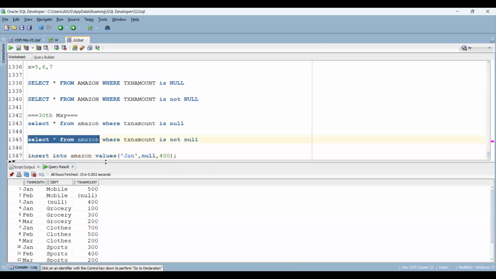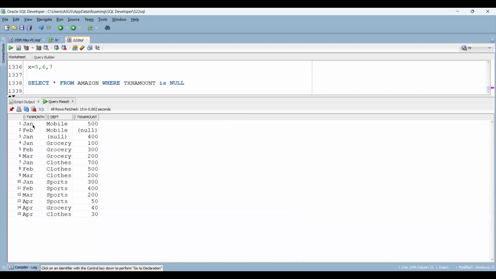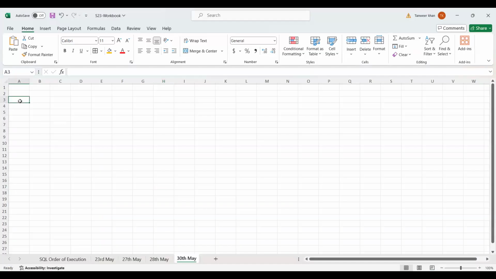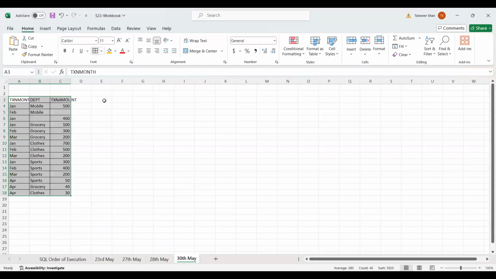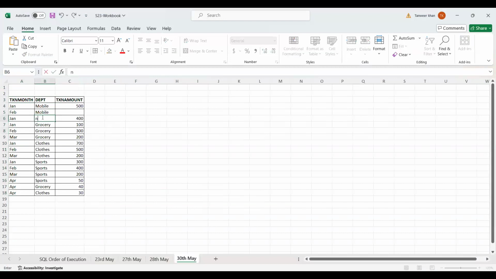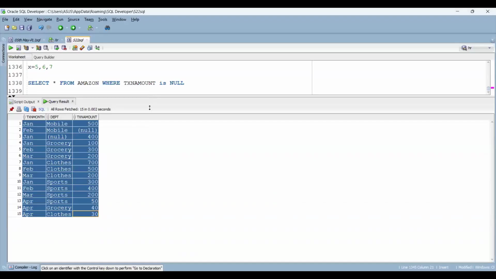So this is the Amazon table now, right? Okay. I've inserted a null record in the department column. Now I have a question for you. This is null and this is also null. Now my question is, in this query, if I write